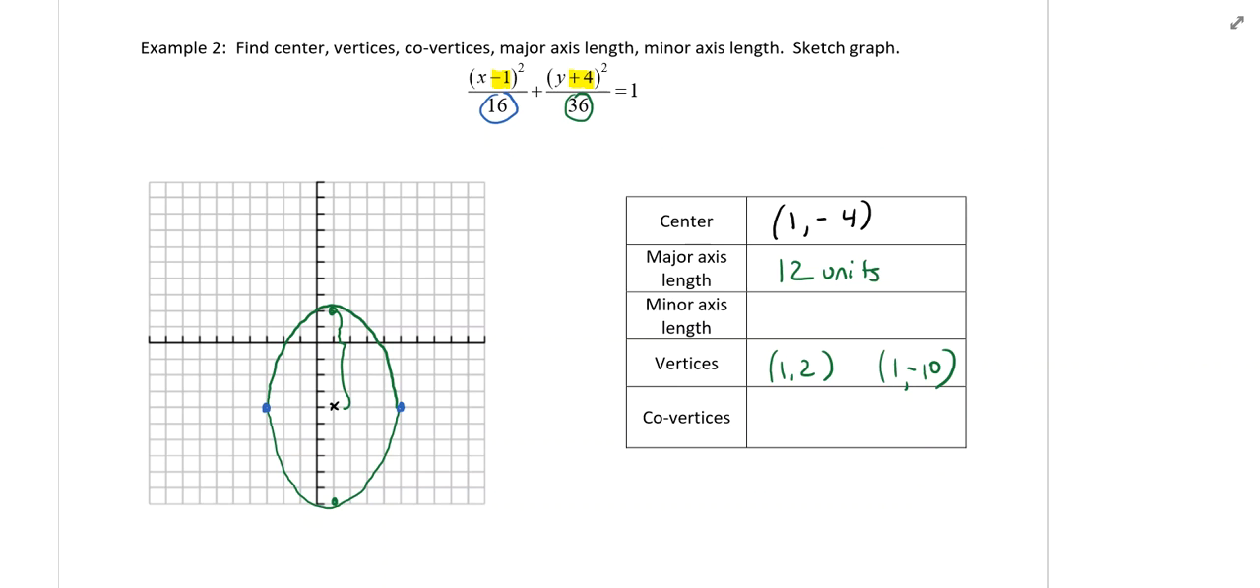And then my minor axis is going to be 4 on this side and 4 on that side, so that's 8 units in total. And then my coordinate points are going to be 5, negative 4, and negative 4,